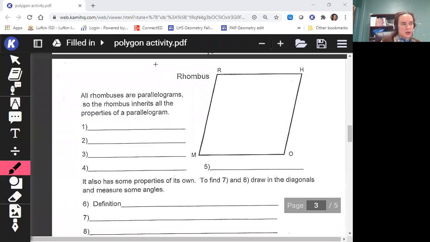Now we are going to work on a rhombus. So all rhombi are parallelograms. So a rhombus inherits all the properties of a parallelogram. So remember, the properties of a parallelogram are that opposite sides are parallel,